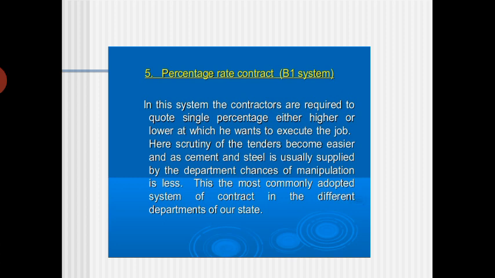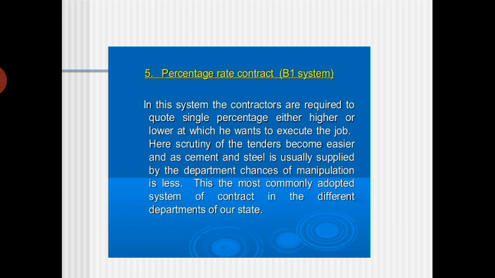Then the percentage rate contract. Normally we can call this a B1 type of system. Of course, it is based on the type of materials and their contracts. In this system, the contractors are required to quote a single percentage. This means when you are applying with a quotation, you have to quote a single percentage, either higher or lower, at which you want to execute it. So it is based on the percentage on the quotation as well as the tendering